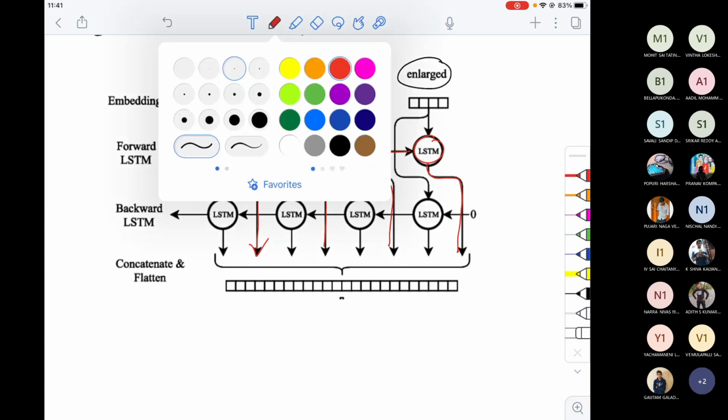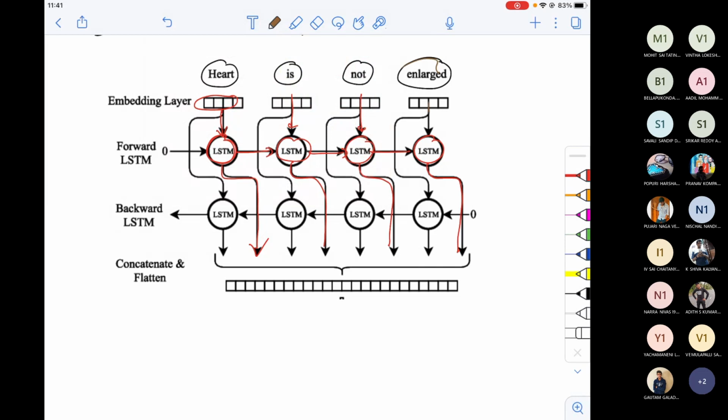That's the reason this is my last input word. Now I have the understanding in the other direction also. Again, I have understanding in the other direction, and again, and again. So what are the outputs that you got? You got one-hot encoded representations, right? Now, what are the understandings that you get? You just flatten all of them and take the predictions.